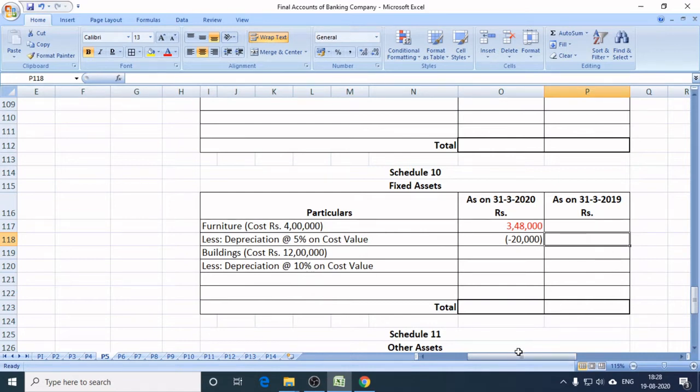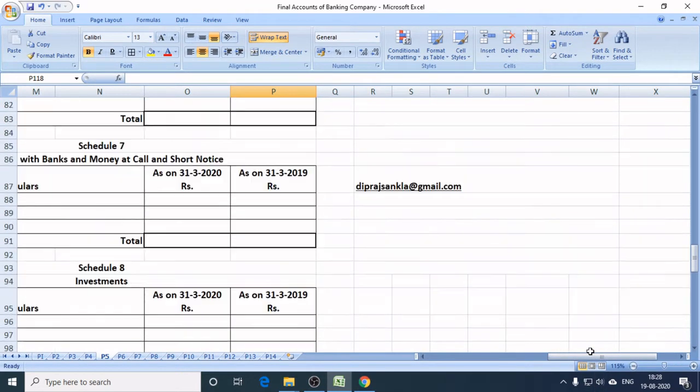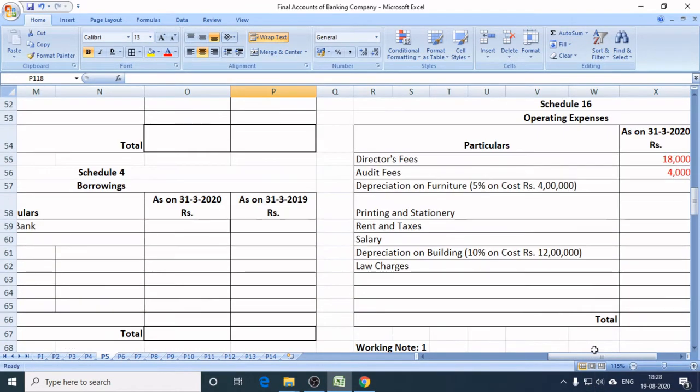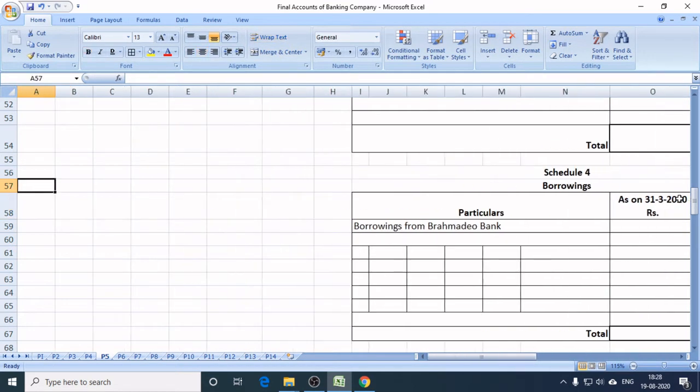Now the next effect of depreciation, show it under schedule number 16, operating expenses. It is the bank's expense. So here depreciation of furniture, 5% on 4 lakh, so 20,000 rupees. Now the next in the problem is